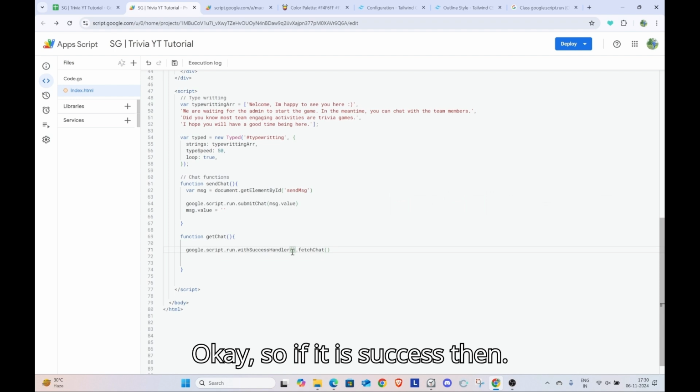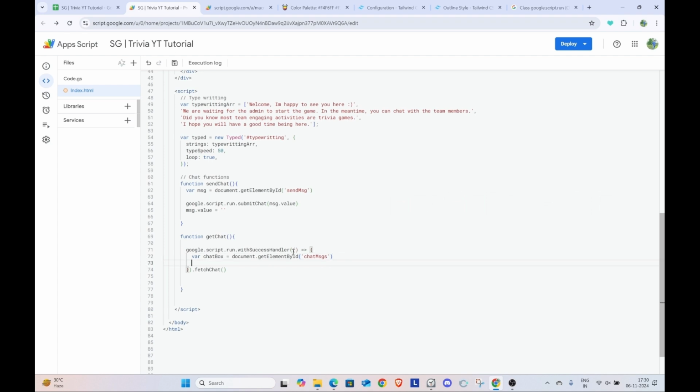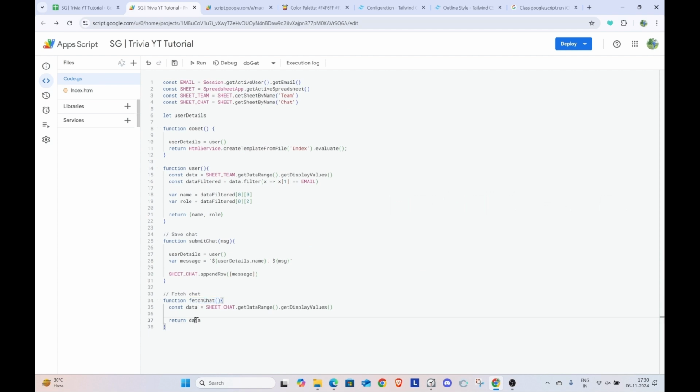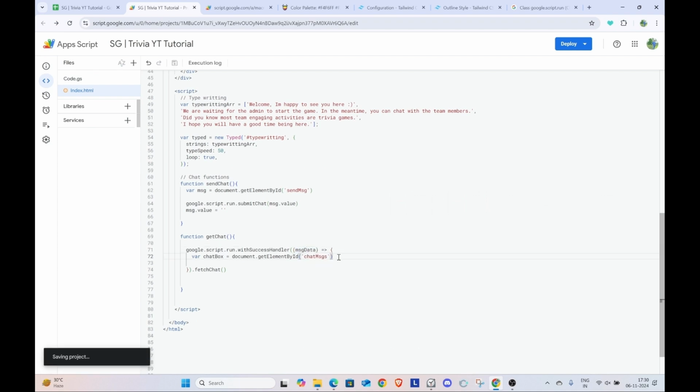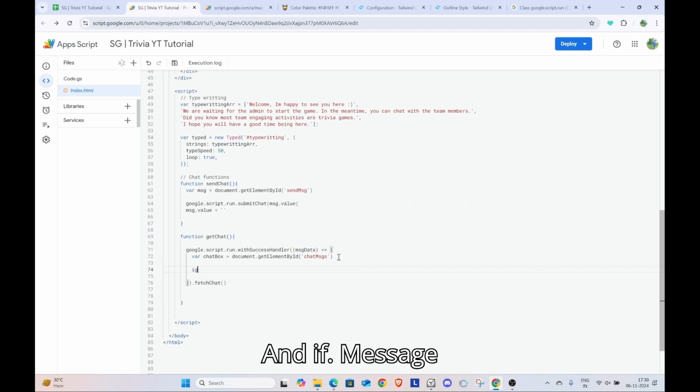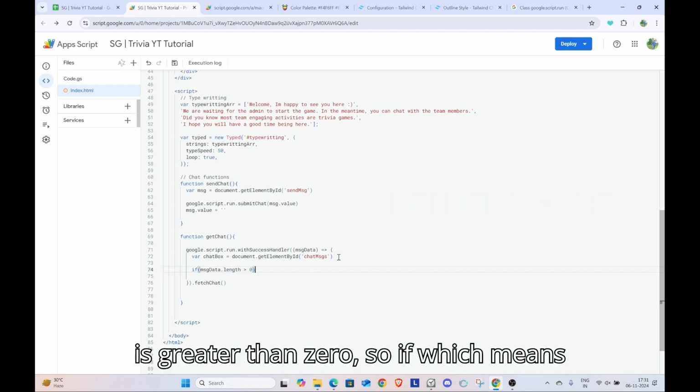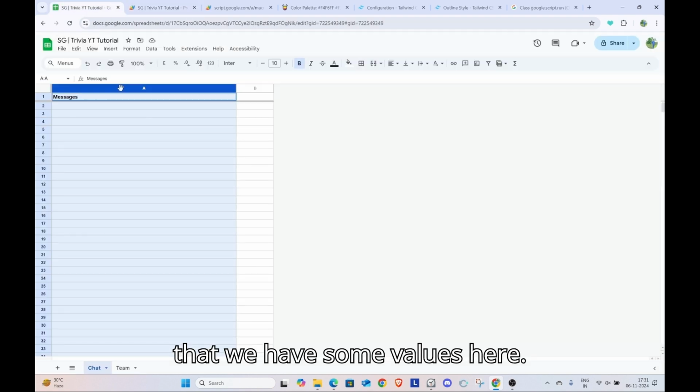Okay, so if it is success, then we can call the function here. And we are returning the chat data, right? So I'll call it message data here. And if message data dot length is greater than 0, which means that we have some values here,